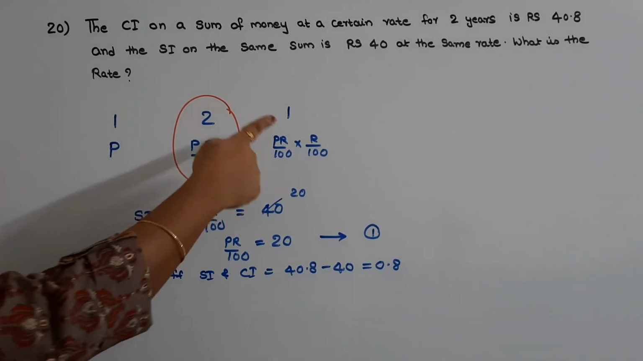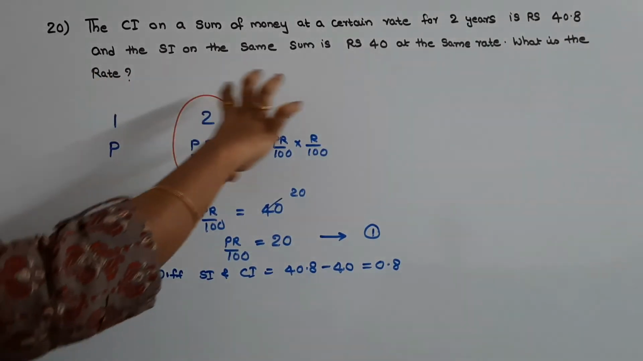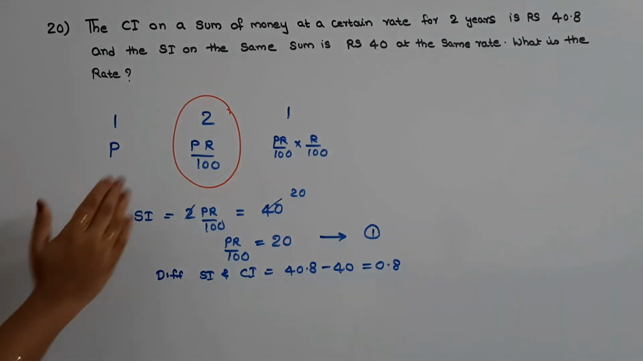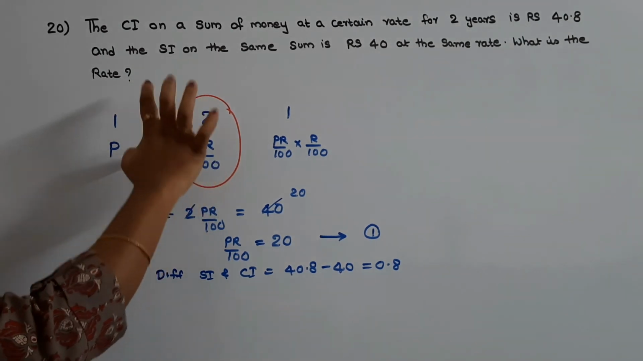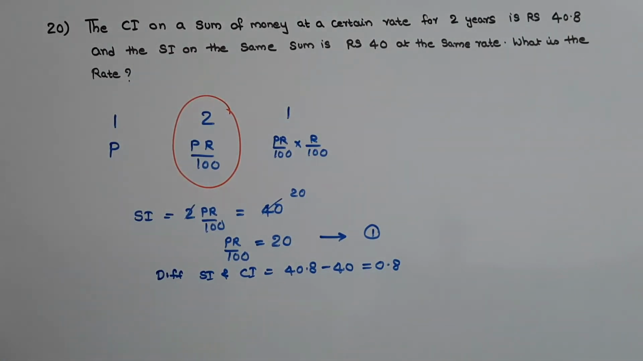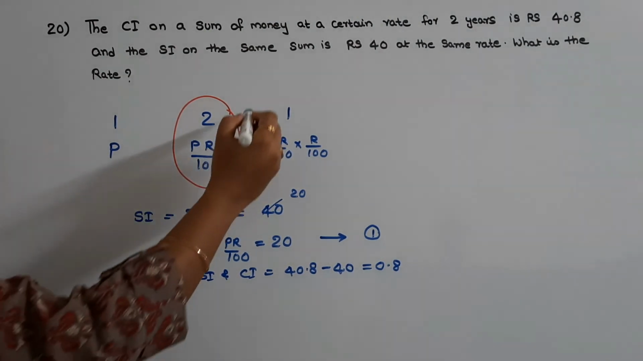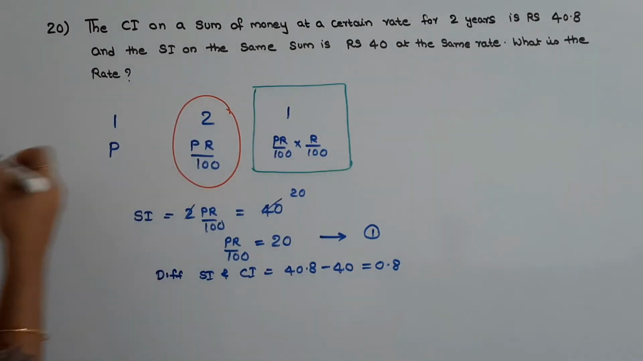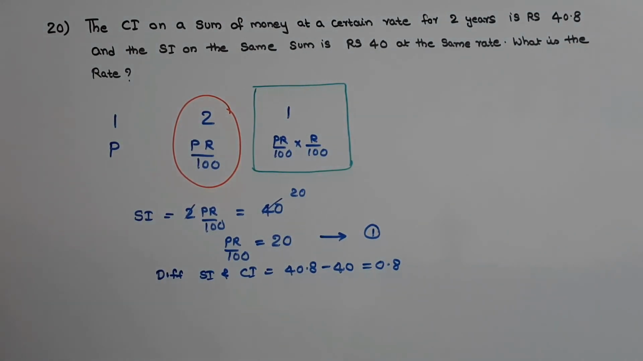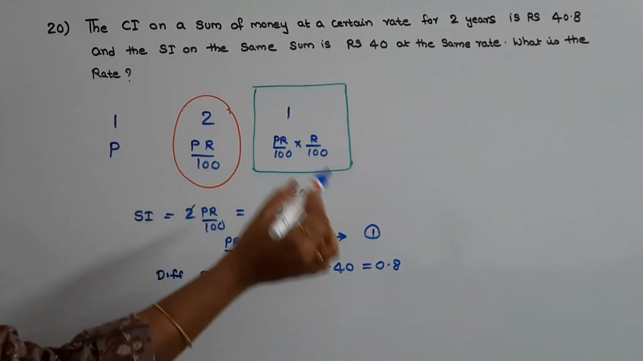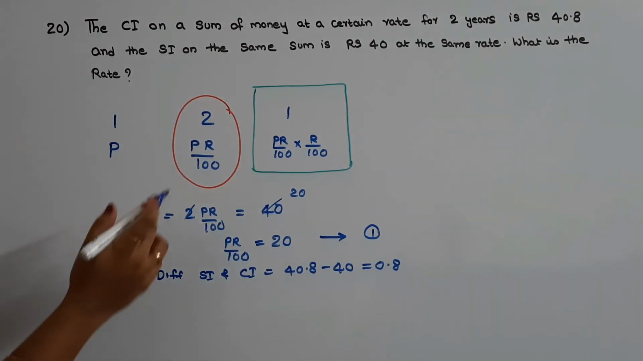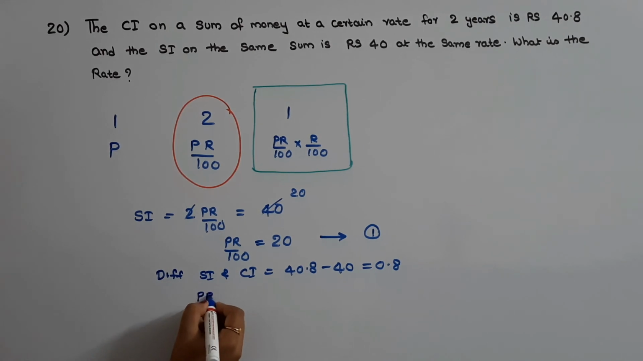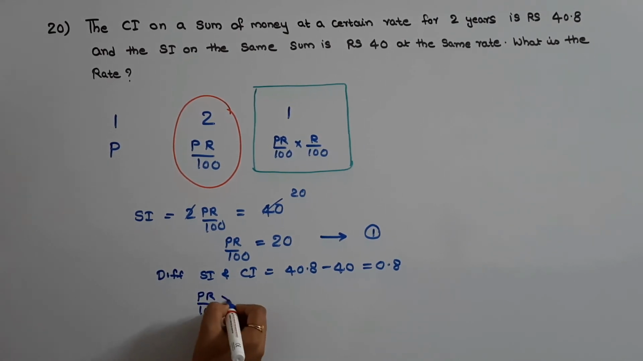Now what is the difference between simple interest and compound interest from this Pascal's triangle? I told you this part is for simple interest, and this full part is for compound interest. Then this part is for the difference between simple interest and compound interest. Hence we can equate this difference to that difference, that is PR by 100 into R by 100 is equal to